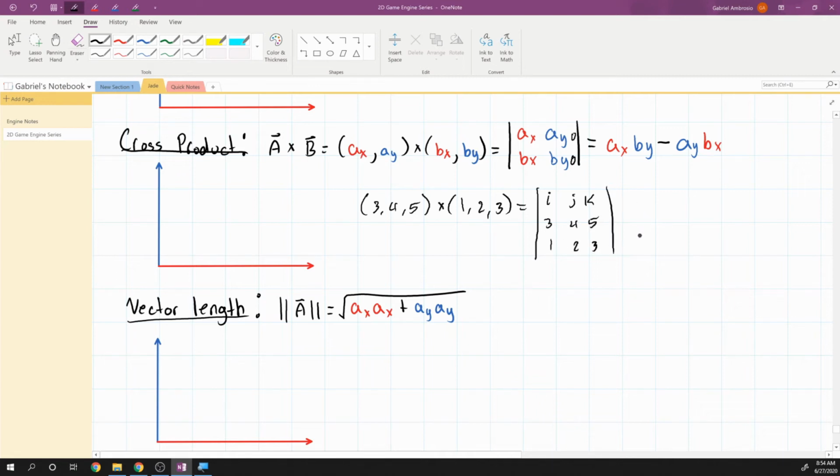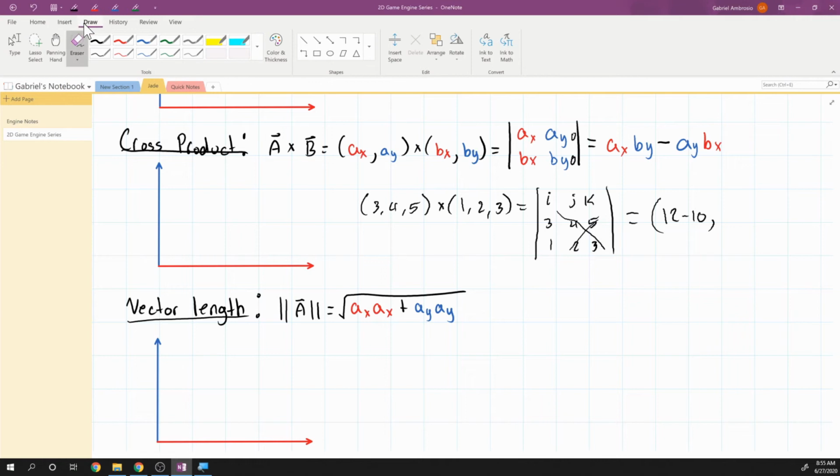And the way that you would calculate the cross product, I actually haven't done this in a while, so I'm not sure if I'm doing this right, but let's see. For the X component, you would draw a line out here, so then you would cross these two. So you do 4 times 3, which is 12, minus 5 times 2, which is 10. For the Y,